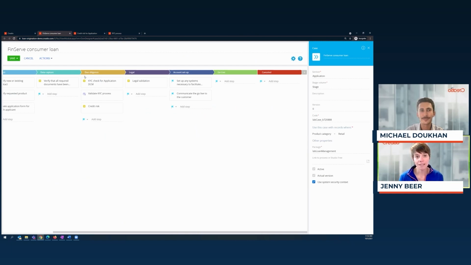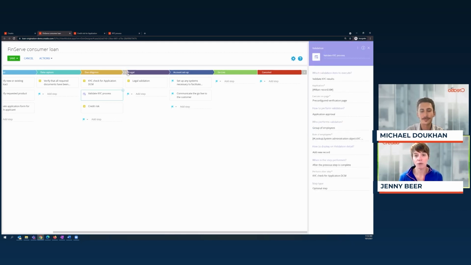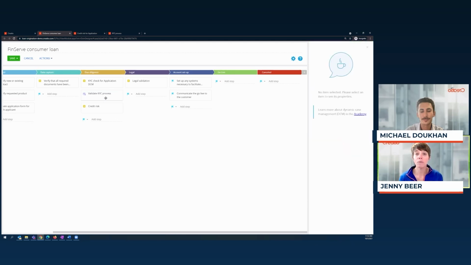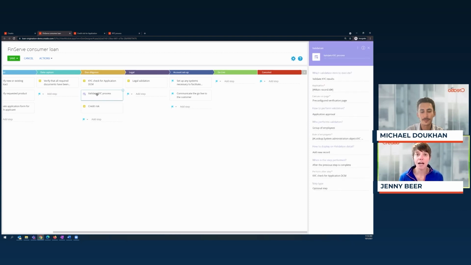You should recognize this workflow that was across the top. We were completing all of the tasks that are in this due diligence stage. So this is all done without code. If you had a new stage that you wanted to add, you'd simply be able to add that stage. You're also able to rearrange any of these tasks or add new ones. So maybe if we needed the KYC API call to happen earlier, we could just drag that and put it into a new stage. This is a validation element that defines that pop-up window that we use in order to